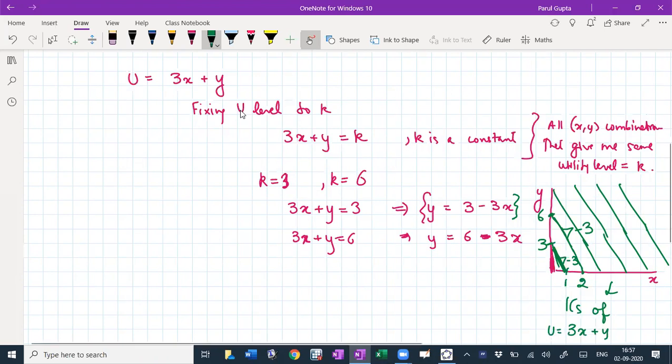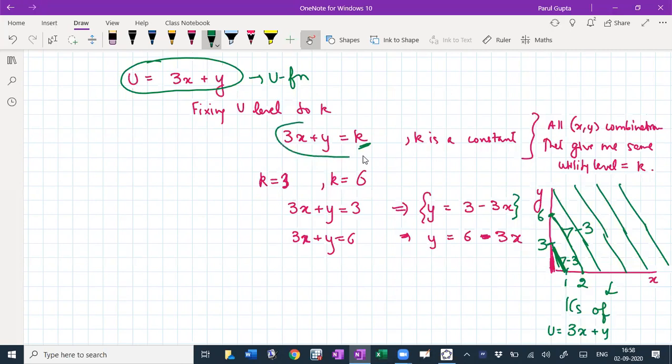Understanding the difference between a utility function and an indifference curve is important here. If I write it with utility on one side and x and y on the other side, this is a utility function. Once I change it to k and then allot some values to k, it becomes an indifference curve giving me utility equal to k. I'm fixing the utility at k. Basically, it's the same step as intersecting a plane at height k with the utility surface.